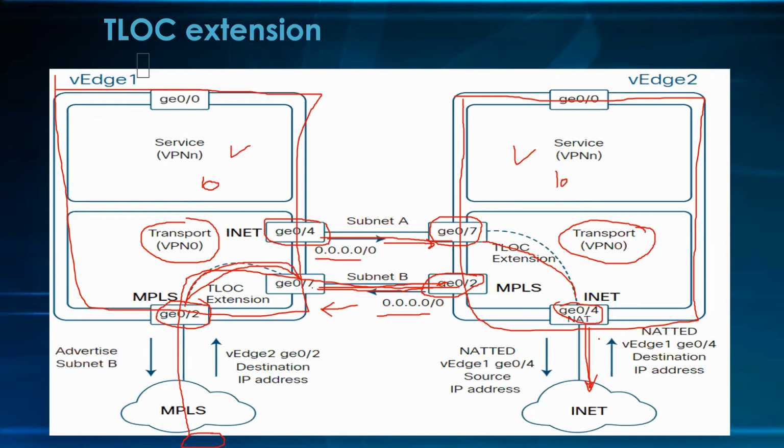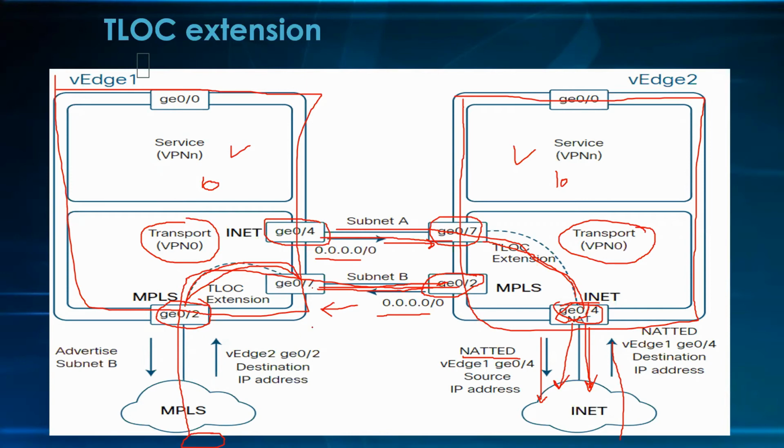What Cisco has said is that whenever you are terminating the public ISP, which is the internet, you always have to configure the NAT command. So it says VH1 G0/4 source IP address. So when the traffic is going this side, originated from G0/4, it will come here, it will be NATed here, sourced with this one, and when the traffic returns, it will come to the NATed IP address of the G0/4, and that's how it will be routed further, right?